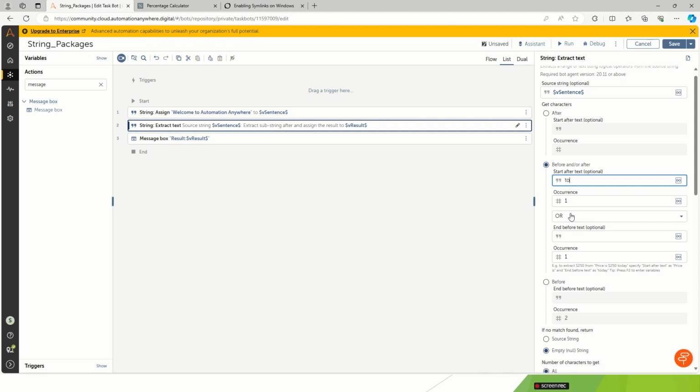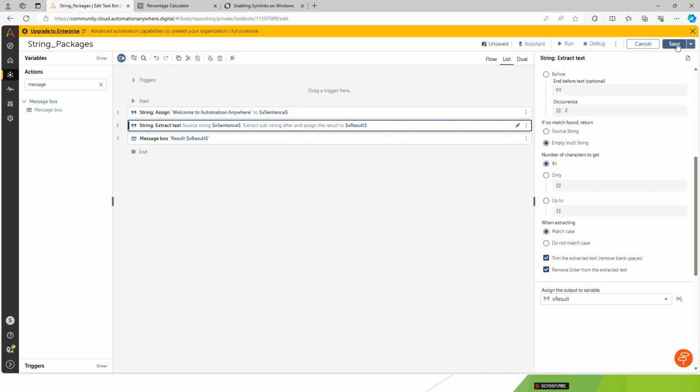So first I will type "to", and you need to select the before text, and I will type "anywhere" for the after text. So now the result should be what is between "to" and "anywhere". So it has to extract only "automation". Now you run this. The result we are assigning to this variable. Save this